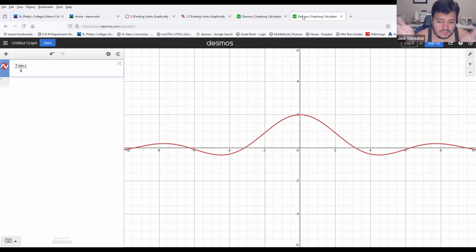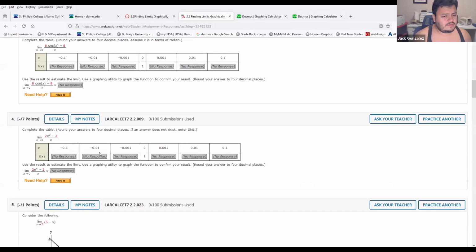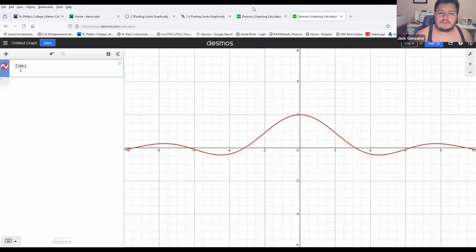Well, you would say as I approach from the left, the y values are turning into this. As I approach from the right, this is happening. Therefore, since they are the same, then the limit is that number. That's how you would answer. If they are different, then you would say the limit does not exist, which I think happens later. Right now, I think they should exist,